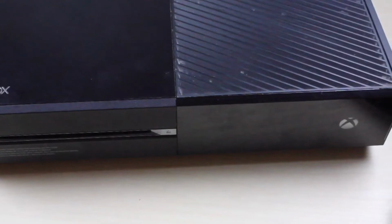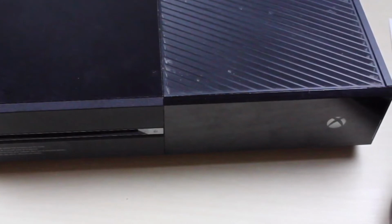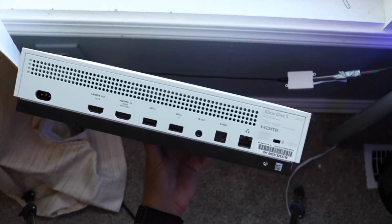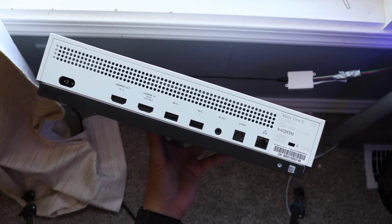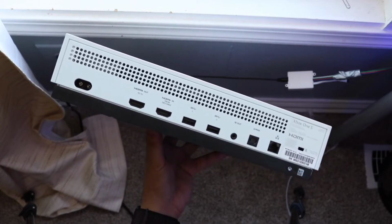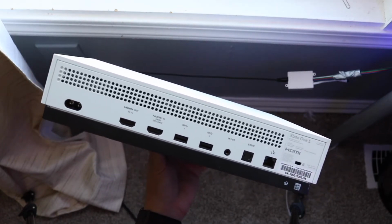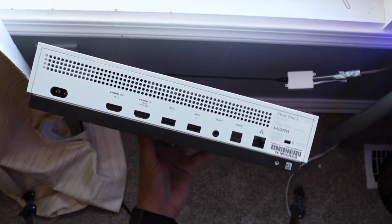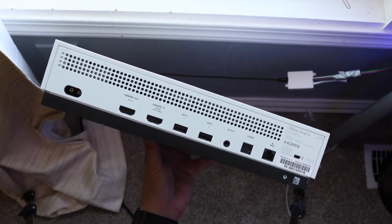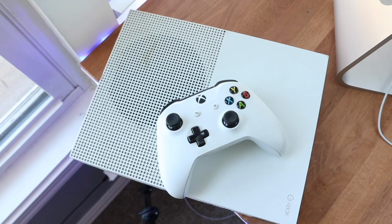Now controller wise, they had pretty much the same type of controller for the most part, but when you consider the price tag and when you consider everything combined with them, I just think the Xbox One S is a much better console nowadays than the Xbox One. I think if you're talking about modability and kind of going down that route, you may be getting a little bit of a better experience with the Xbox One, but I just kind of look at the Xbox One S and it does fix a lot of the issues that the Xbox One had. Even though the Xbox One may be a little bit better in some areas, such as price tag and maybe some modding capability too, you have to keep in mind that one of my main issues with the Xbox One